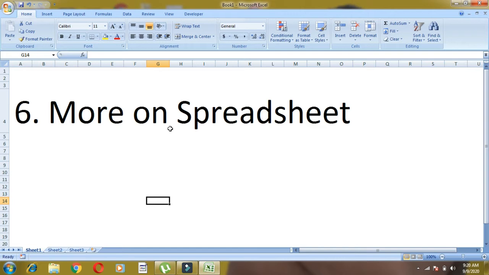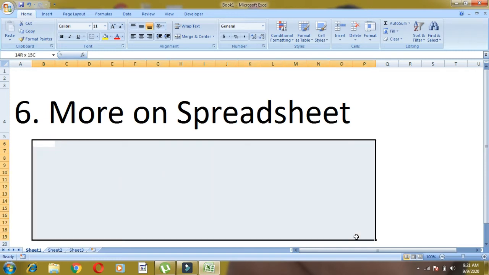Cell addresses: every cell has a unique address. A name is given to every cell. Like just now, if I am pointing here, it is Q9. You can see the name in the name box; Q9 will appear. That is the cell address. Then the cell pointer: the cursor in Excel is called the cell pointer. It is like a thick plus sign. Wherever you want to write, you have to click there. The active cell is the unique rectangular box. If you compare other cells and the active cell, you will find the active cell is a little thicker black rectangular box.